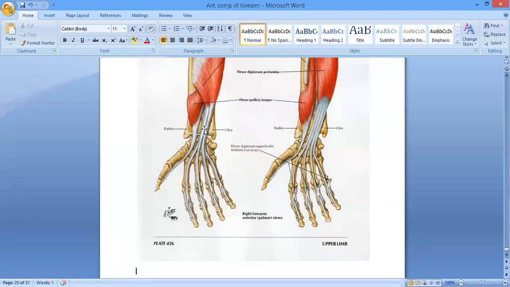मैंने आपको बताया था ये टेंडन कहाँ से पास करते हैं? Medial to lateral में सबसे पहले हमने यही पढ़ा था कि flexor digitorum superficialis and profundus tunnel. They are passing through the carpal tunnel and they are entering into the hand. ठीक है जी? Carpal tunnel cross करेंगे and they will enter into the hand.